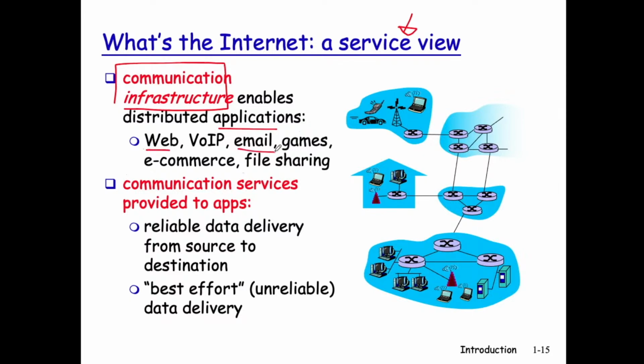So we could do surfing, we could send emails to each other. Between the apps and the infrastructure, we still have a number of communication services defined by protocols, running on each of the devices and in the routers. So there's a software component, a service component, there as well. Two major classes of services provided by the internet are reliable data delivery versus unreliable data delivery. So the internet is not just a physical infrastructure, but also infrastructure with software support so that we can run all sorts of distributed apps on top of the whole thing.